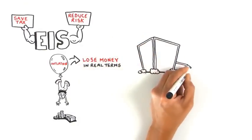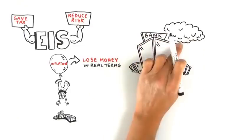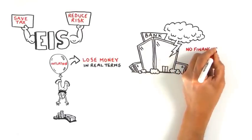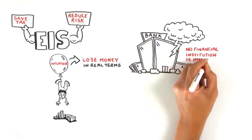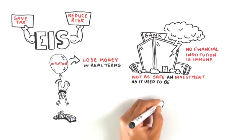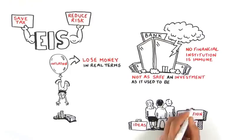And in today's turbulent economic times, in which a number of large financial institutions and governments have failed, no financial institution is immune from financial distress, so putting your money in a bank is not as safe an investment as it used to be. At the same time, many small businesses are finding it very difficult to raise the money